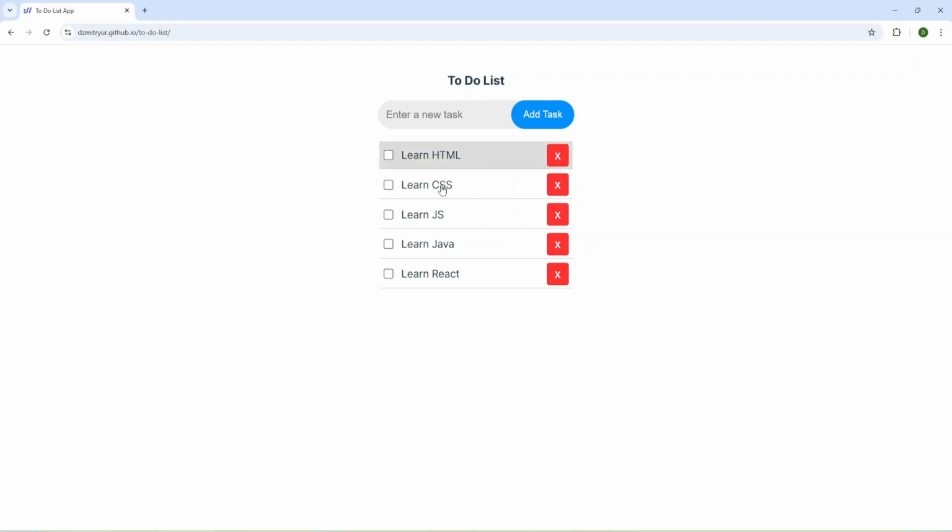And by pressing on task, I can make it completed, and pressing again makes it incompleted again. And let me complete learn HTML, learn CSS, learn JavaScript, and then I decided that some task is not needed here, and I can remove it by pressing X, and also complete and incomplete.